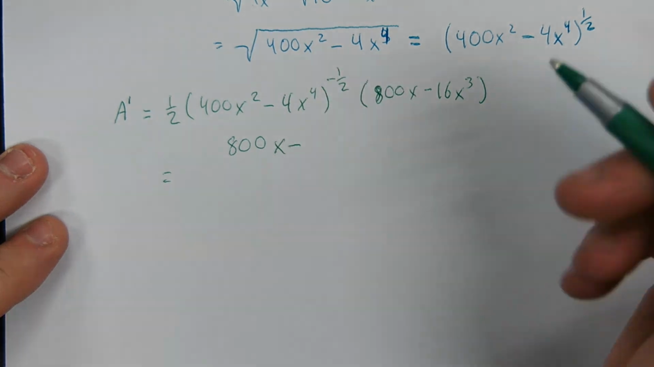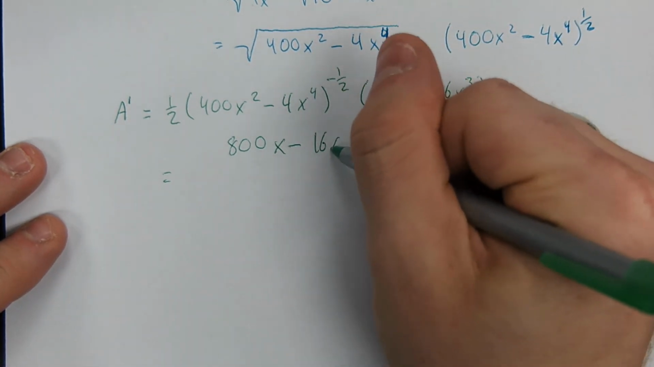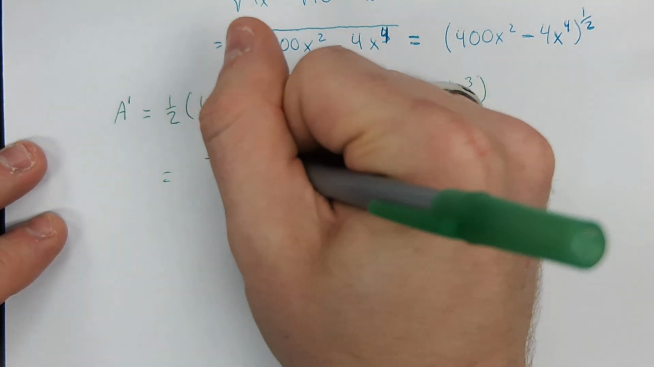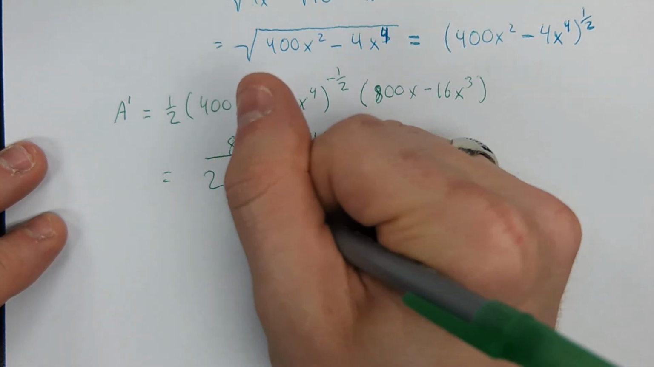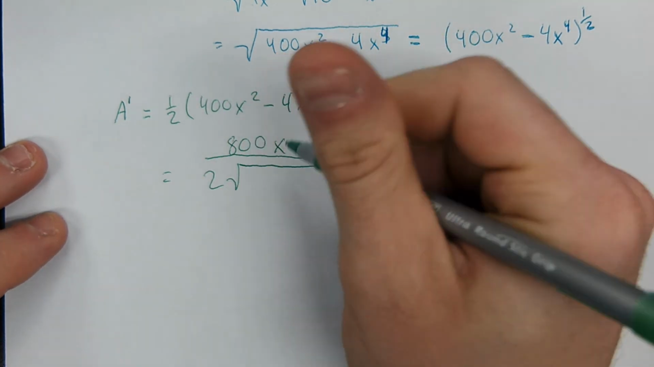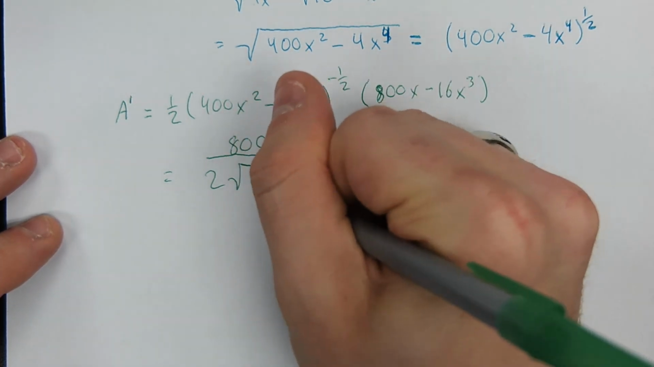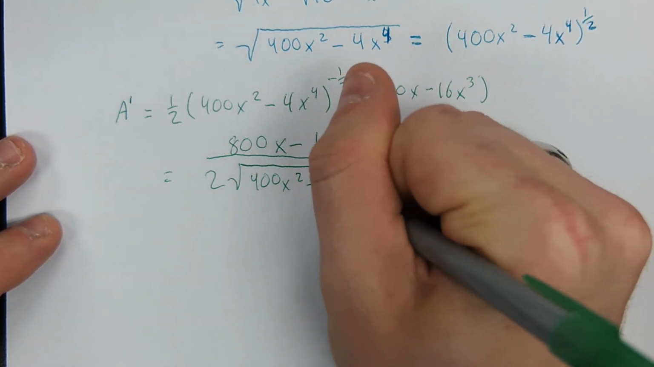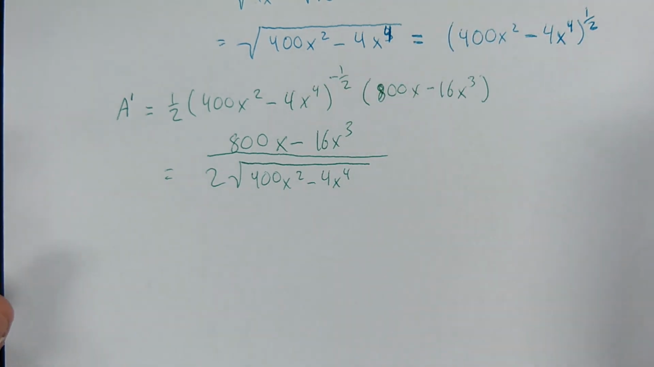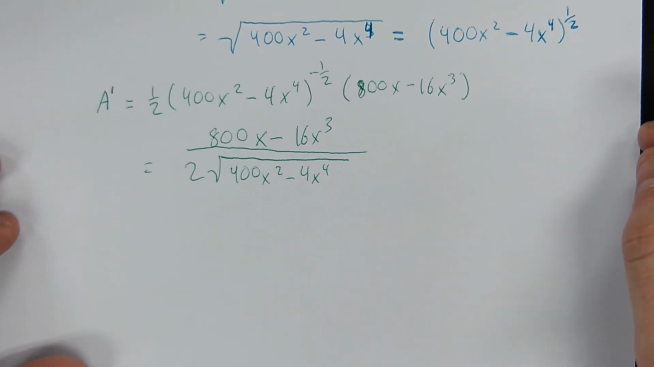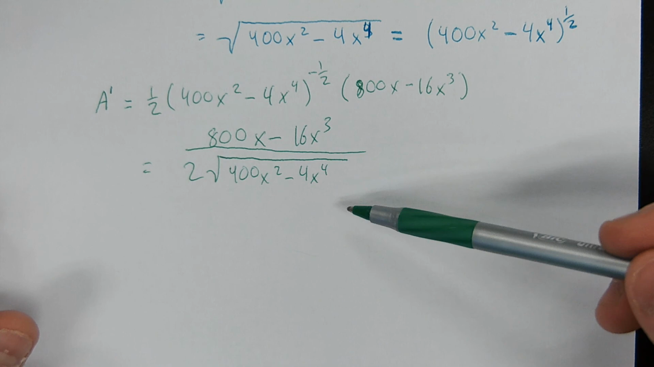$800x minus 16x to the third all over 2 square root of... Oh, calm down. It's not that bad. Oh, it's just... Anyway,